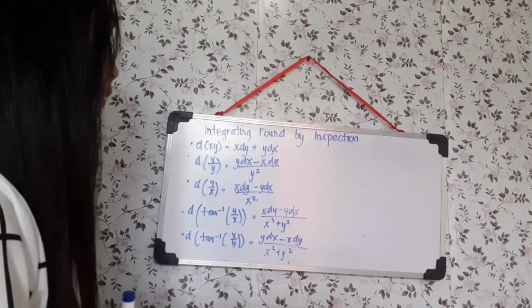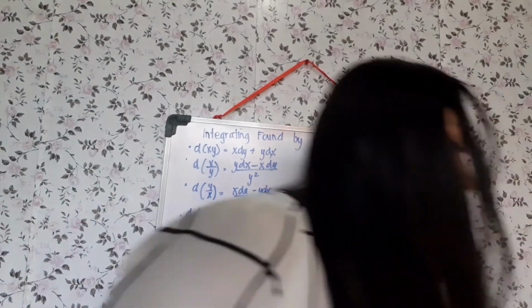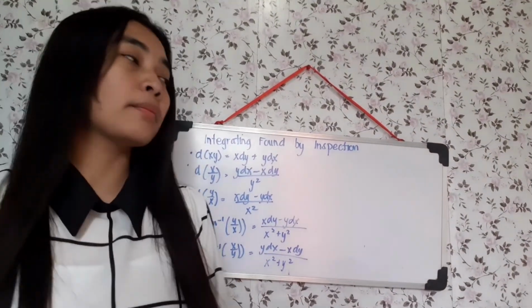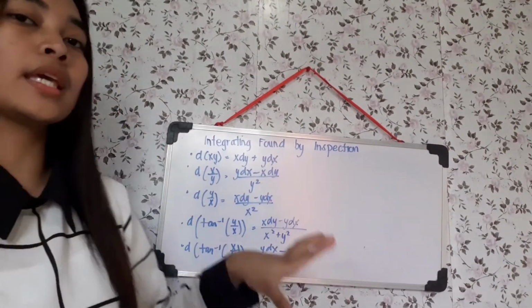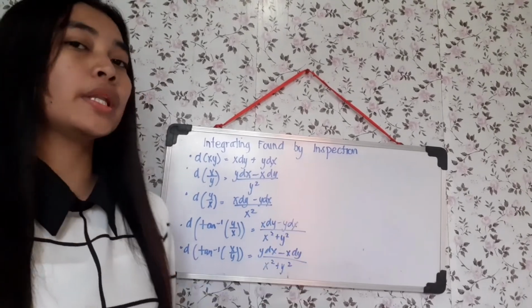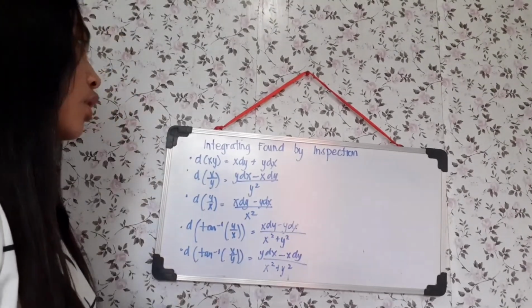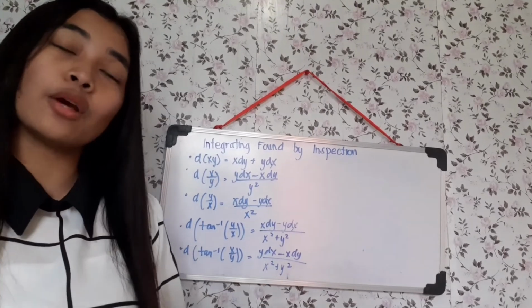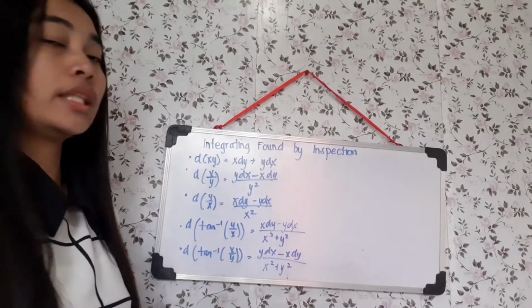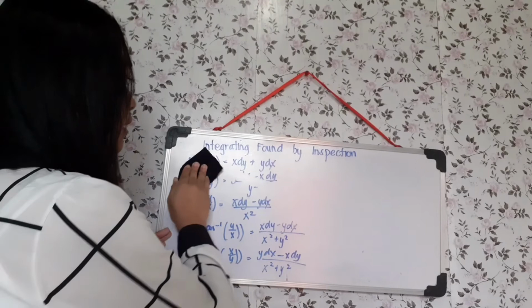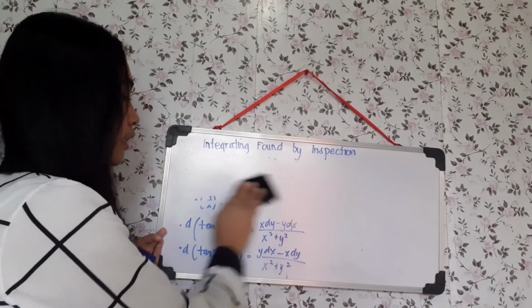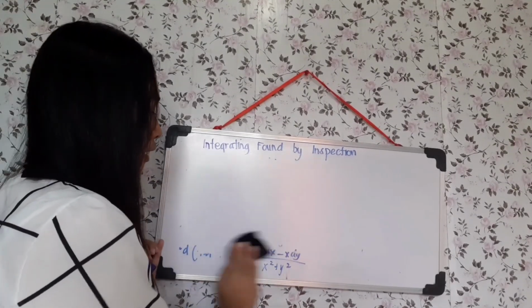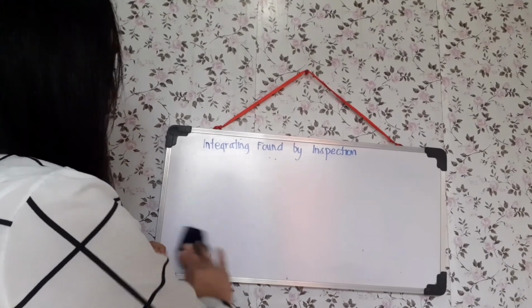So the only thing to remember in this topic is that this is the combination of dx and dy, and also in the given, what is outside is also what is inside. So to better understand, let me give you some examples. So first,